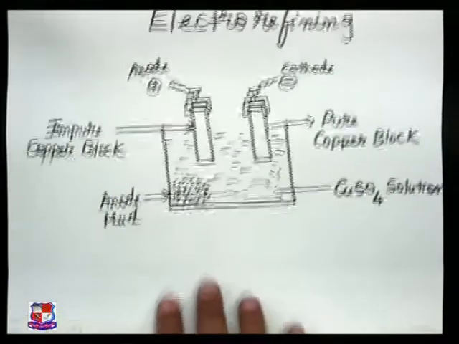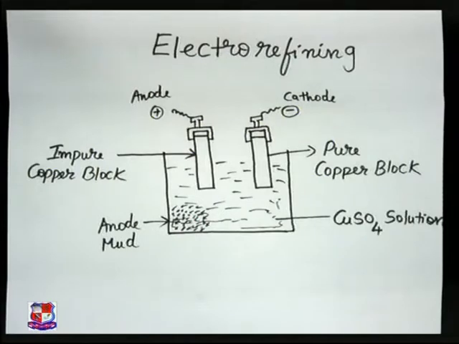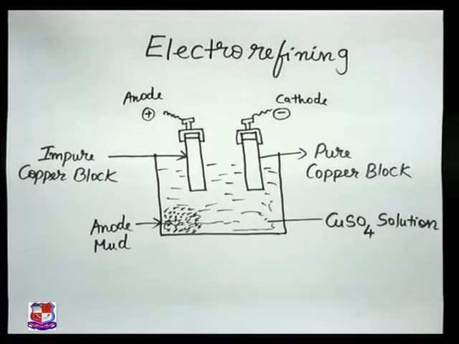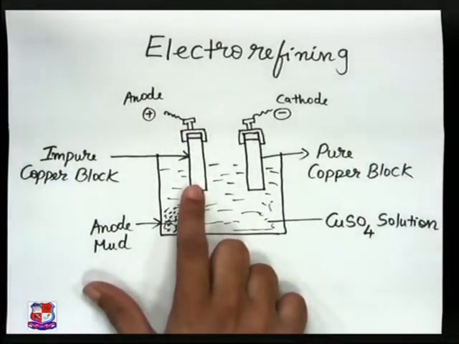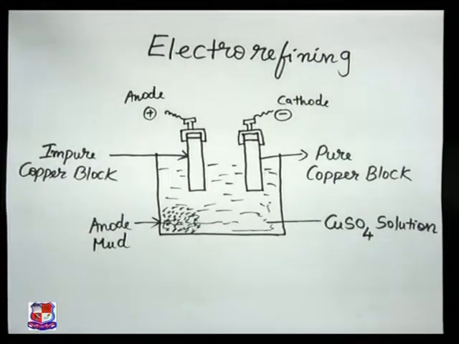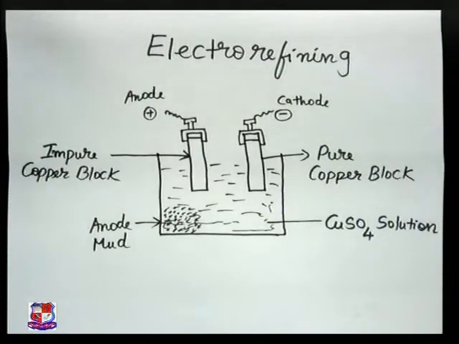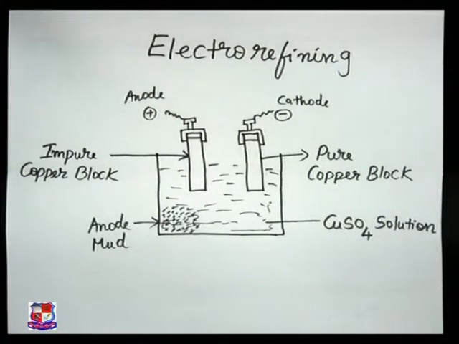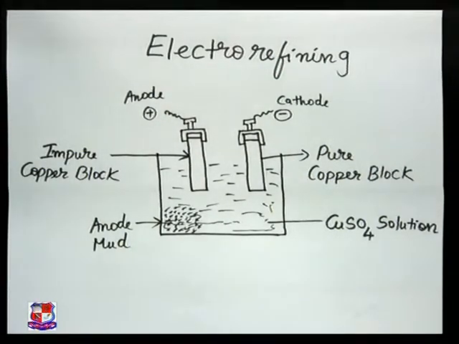Look here at the diagram of the electrorefining. The diagram appears something similar to the electrotyping, but it's not so. Care has to be taken while studying the diagram. Look here. This is my impure copper block. We are getting an impure copper. This electrorefining process is basically helping us to purify our metals. So this is used for purifying the metals, that is, we are doing the metal refining by this process. Now what is the procedure, how to do it? Let us try to understand the process.